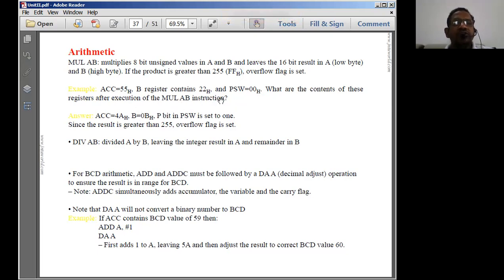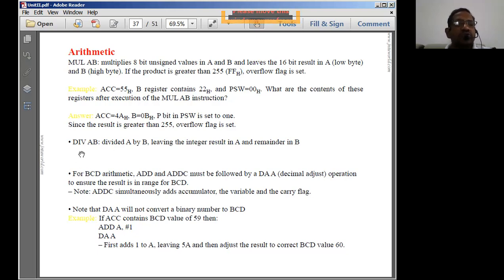The result is definitely going to be greater than 255. Therefore, the overflow flag will be set. In the 16-bit result, the lower order data 4A is stored in A, and the higher order 0B is stored in the B register. That means the overall result is 0B4AH.